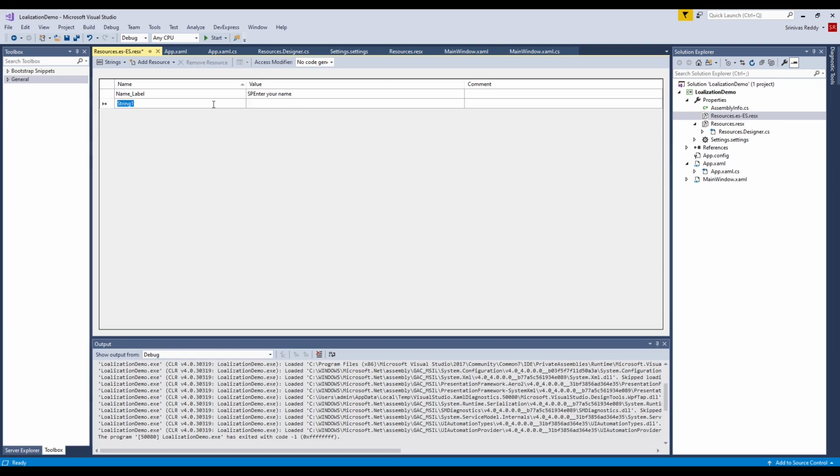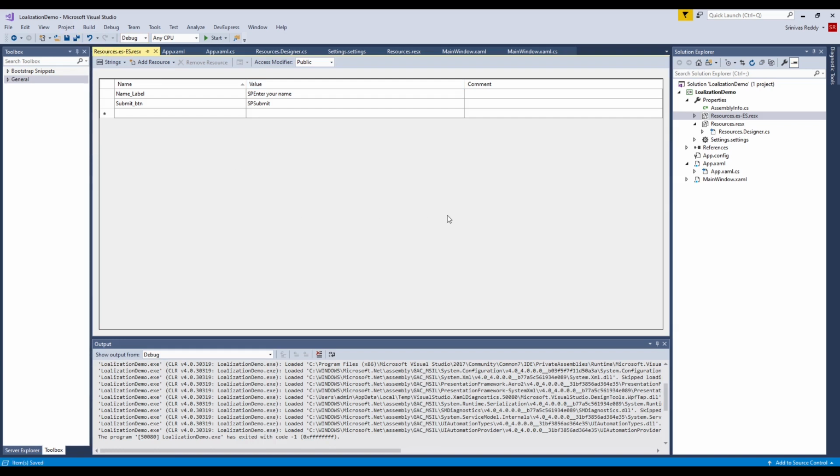And next, submit underscore btn, and here again let's go with "sp, Submit". Okay, now let's change the access modifier to public, and let's save it.